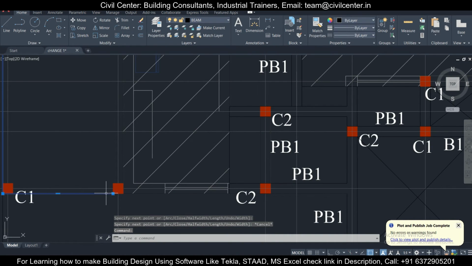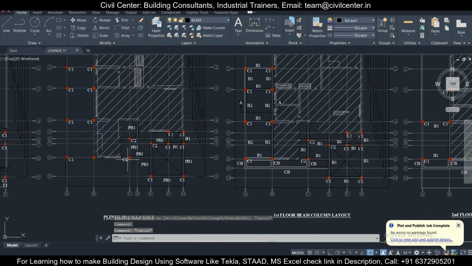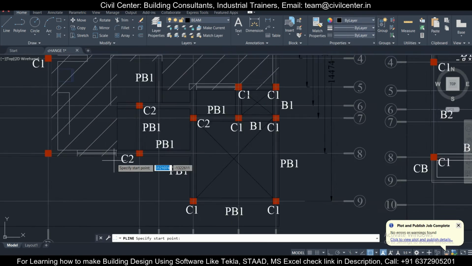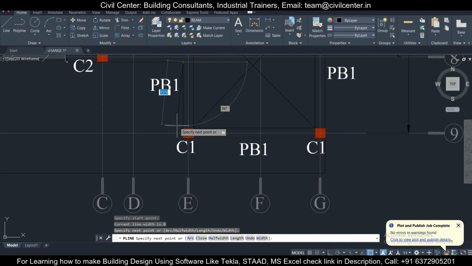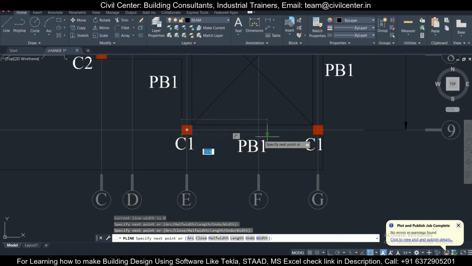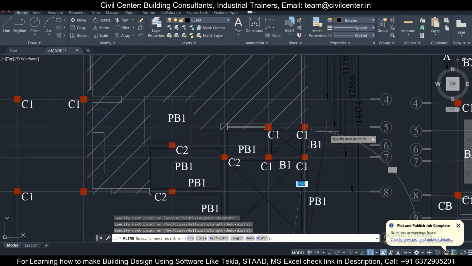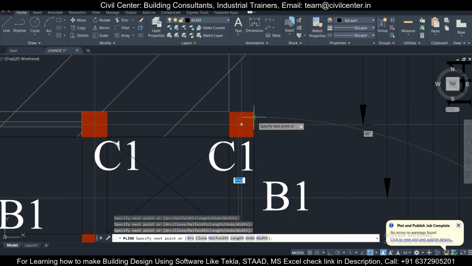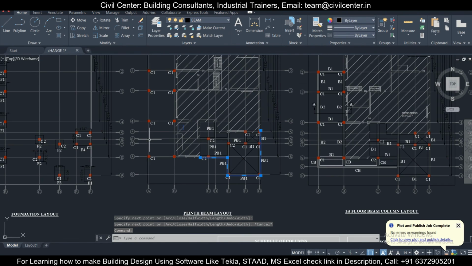Okay, so this has been done. You can keep adding, or you can add later also. It will start from here, plinth level. We'll take another point here, another point here, and the last point here. So this will be our periphery wall.